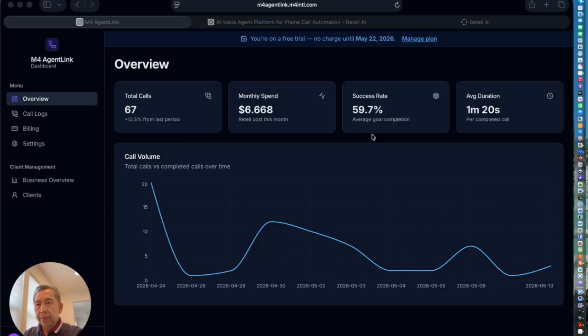So if you've been creating AI voice agents in retail, you know that if you have multiple customers that you're doing this for, it can be a nightmare to keep track of your billing and usage, right? So my thought is, what if I build a dashboard that includes a billing feature? So today we're going to walk through the app that I created. It's called M4 AgentLink, and you can find this